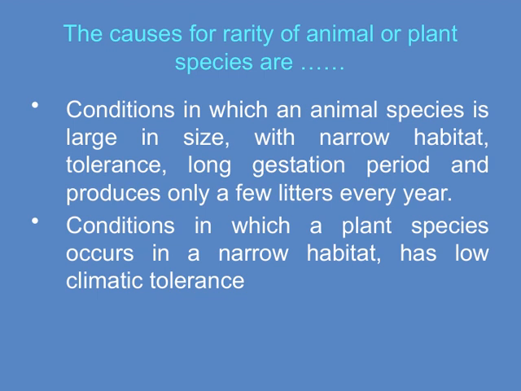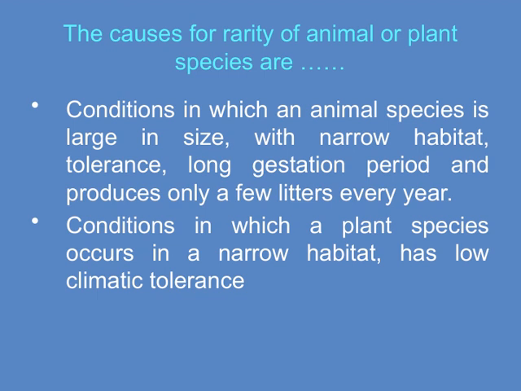Similarly, for plants, rarity can occur when they are found only in a narrow habitat range. If a plant species has low climatic tolerance, meaning it can only survive within a very specific set of environmental conditions, any disturbance or change in those conditions can drastically reduce their population. All these factors, size, habitat specificity, environmental tolerance, reproductive rates, are interconnected and contribute to why certain species become rare. Recognizing these causes helps us understand the importance of conserving those species with such specialized requirements, as they are naturally